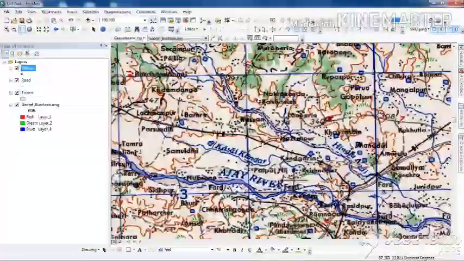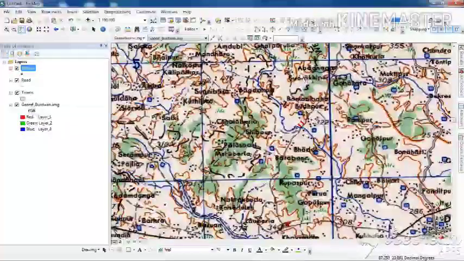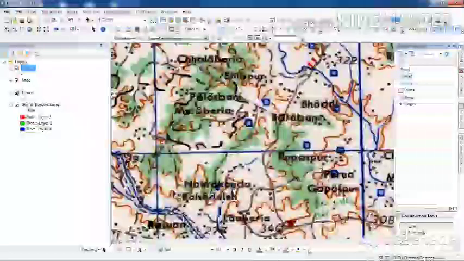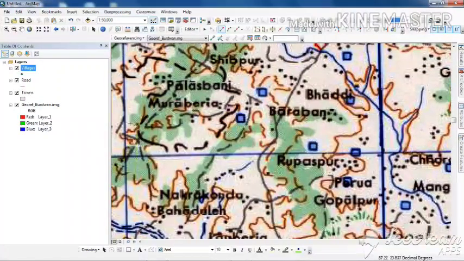Let's digitize this road. This is a road that is going. What I will do, I will just simply go to create features and start off with digitization. But in this case, what I would like to suggest to you is keep the scale fixed at 50,000. You just see I am specifying the scale over here. So I will start with digitization as a sample. My snapping is already on.